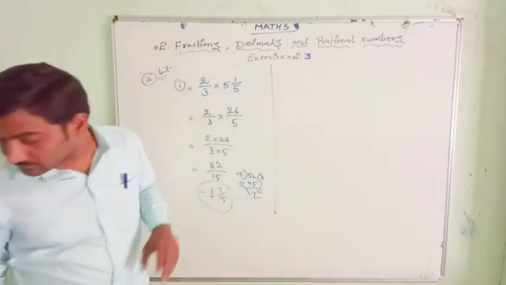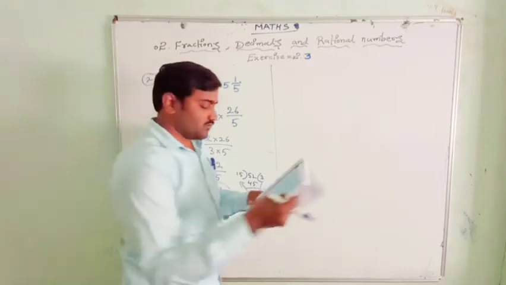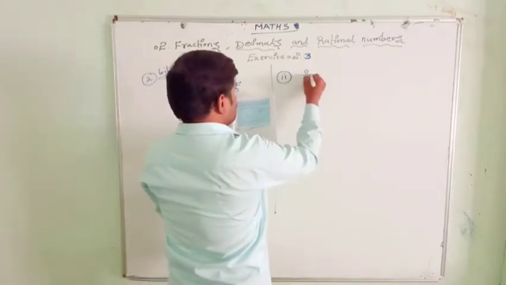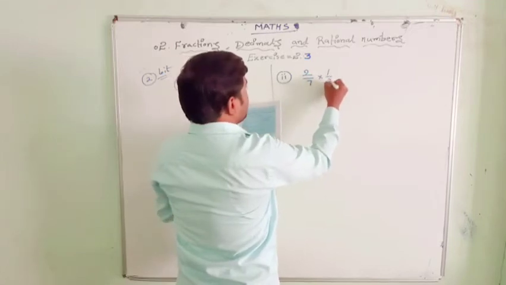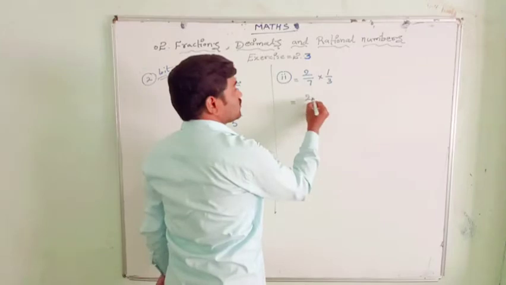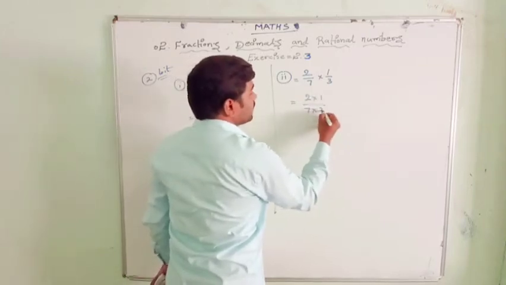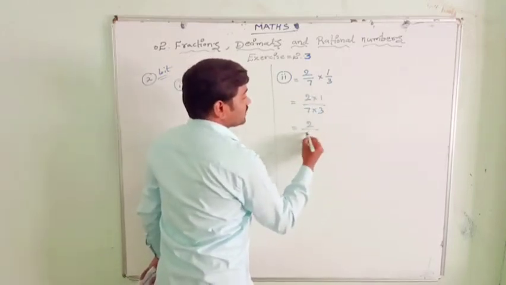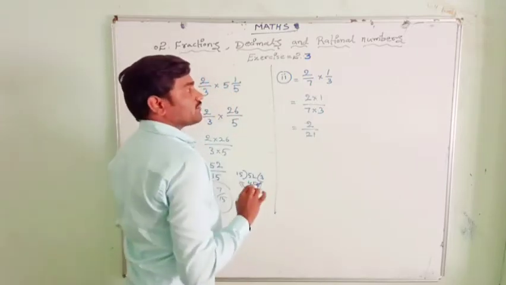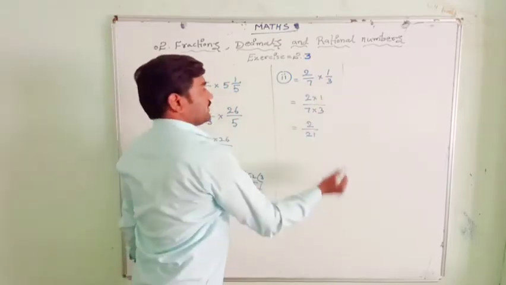Now next, there are three questions in this actually. This 3 we will try to solve here. 2 by 7 into 1 by 3. Product of numerators 2 into 1 by 7 into 3. 2 ones are 2, 7 threes are 21. This is a proper fraction and cannot be changed, so we'll keep it like that only. Now next,